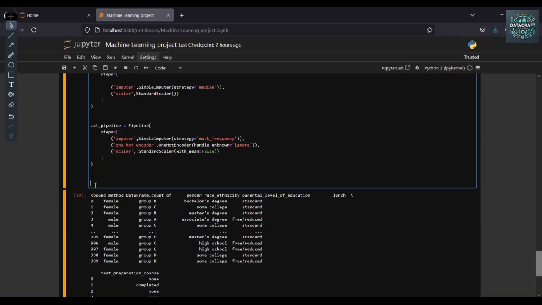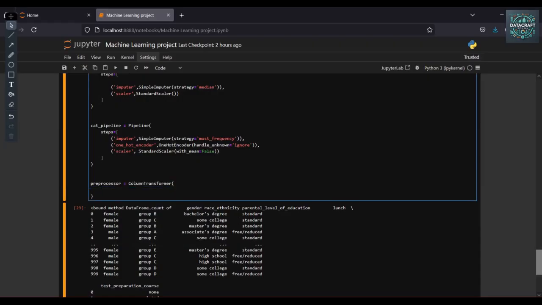Next I am going to apply the column transformation. So I can write here the preprocessor with respect to ColumnTransformer.